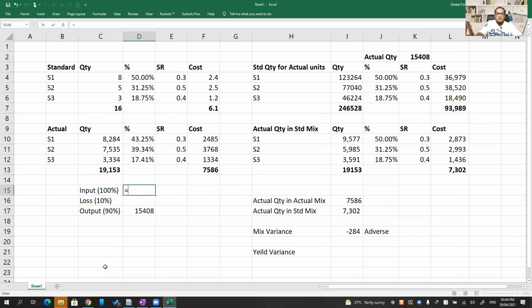So I need to understand what is the input that I am putting, by dividing by 0.9. So that is 17,120 should be the standard input that is required. So 10% of that will be lost and we'll get 15,408. Okay. So that is what they are trying to tell you. So here I am supposed to take 17,120. That is the input that we are going to give. And now let me use this. This is a little tricky. I told you it's going to get tricky, but I did not expect it to go like this.